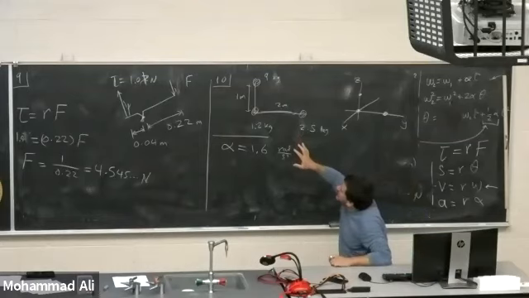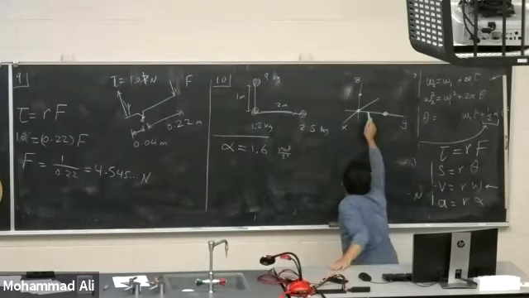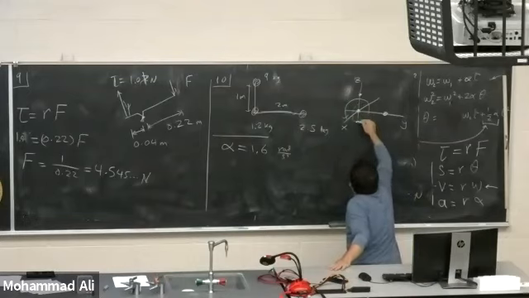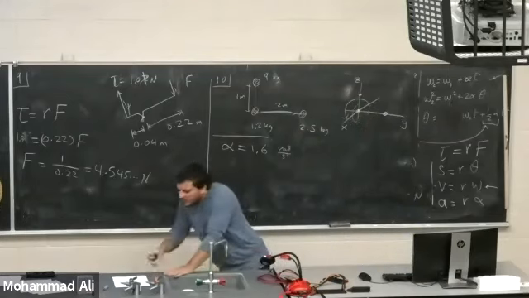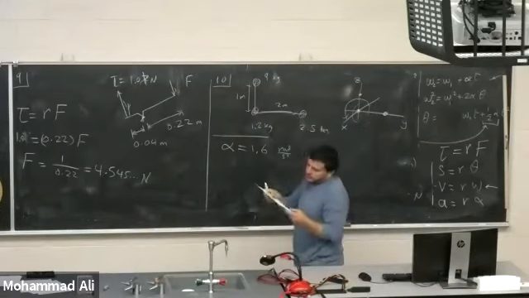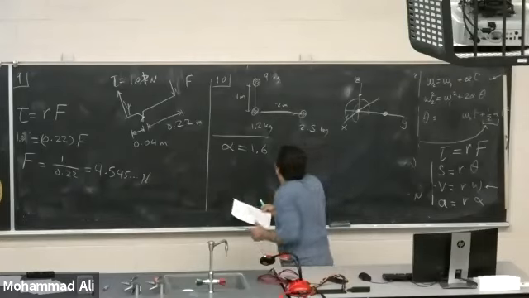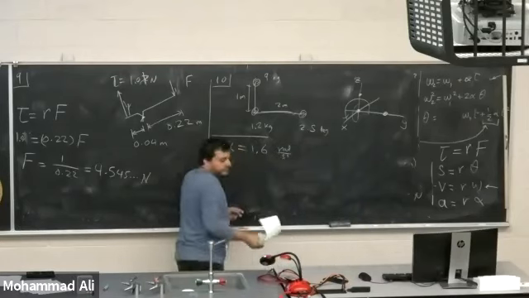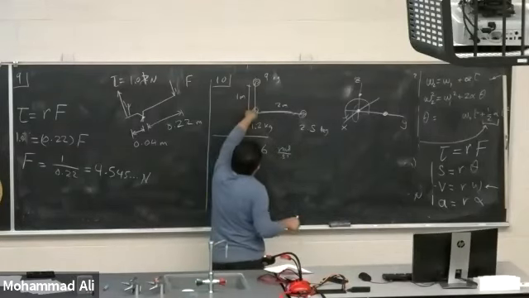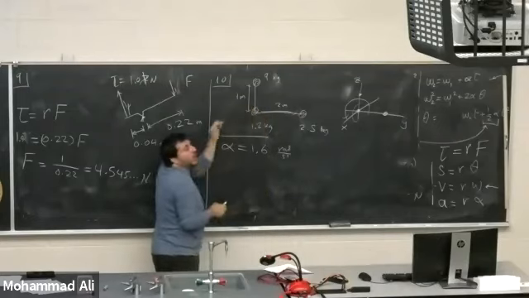Okay, now our L-shaped system is rotating. We need to check 3 types of rotations. First around X, then around Y, then around Z. And we need to find, I think, the torque. What torque must we apply to rotate this system by this acceleration? Now, look, if we need to rotate it about X, this is X, going out from the board. The torque